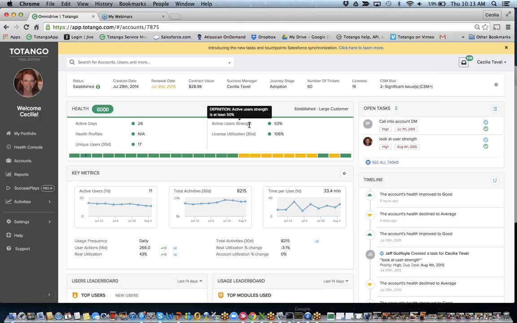And I see that we're above what we have specified for someone to be in good health. And I also see that their license utilization is above our threshold. So overall, very happy, healthy customer based on what we have established for our criteria. I also see which type of profile they fall into. So I know this is a profile that's defining our established customers in the large